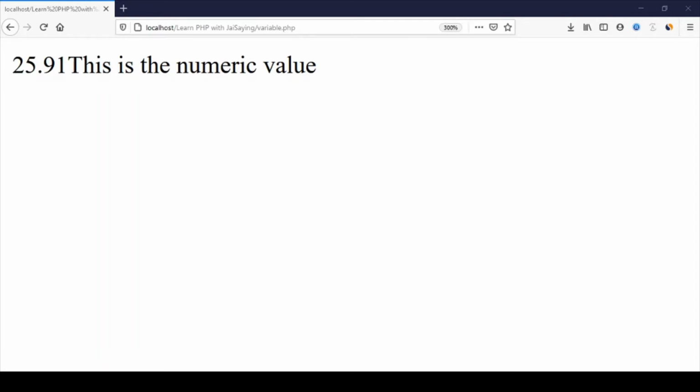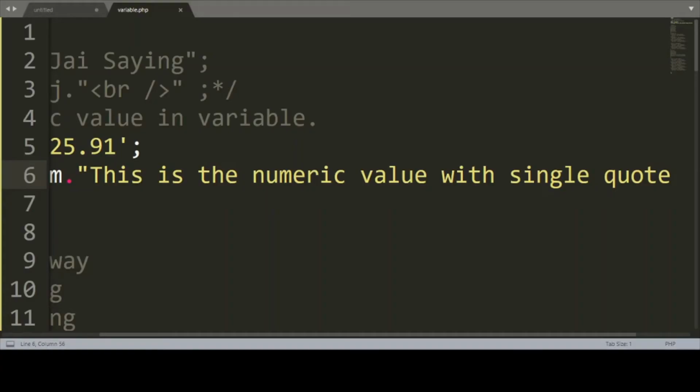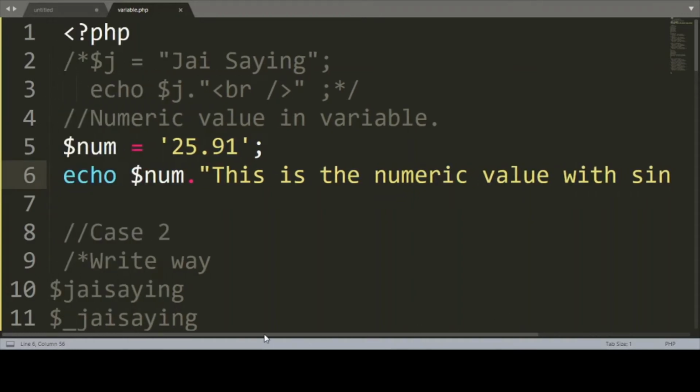Numeric value with single quote also. Now I have written single quote. So what will happen using single quote? Now I'm going to execute this.